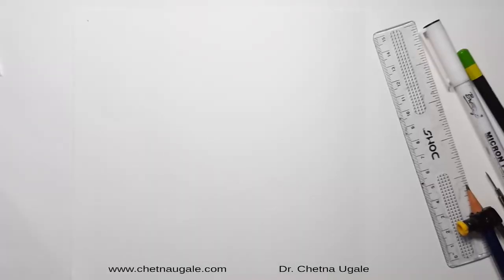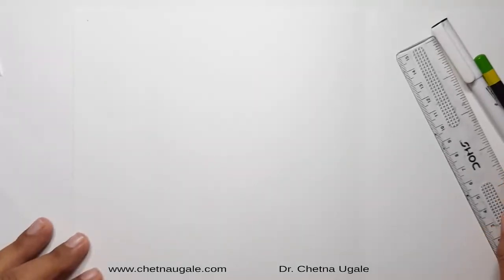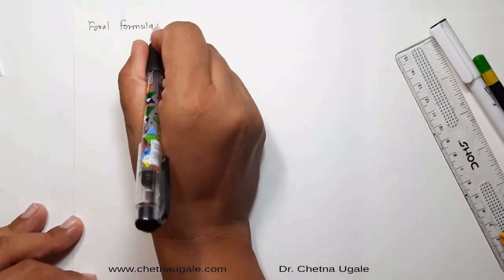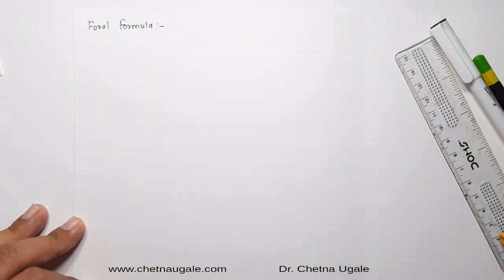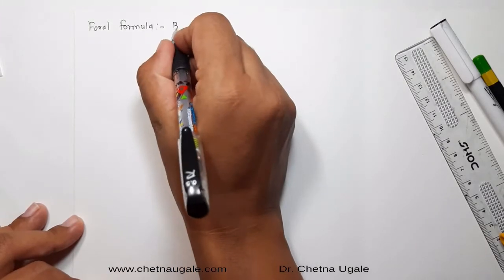Today we are going to see the floral formula and the floral diagram of the Malvaceae family. The floral formula of the Malvaceae family is: bracteate,